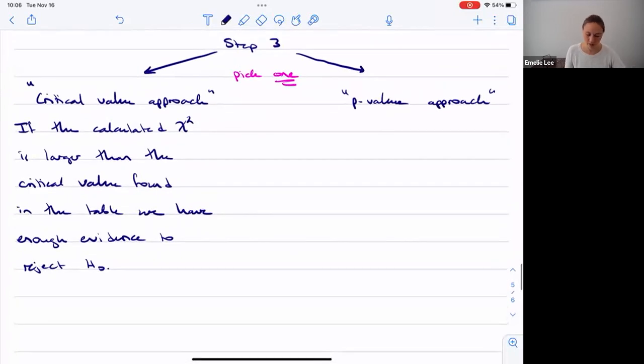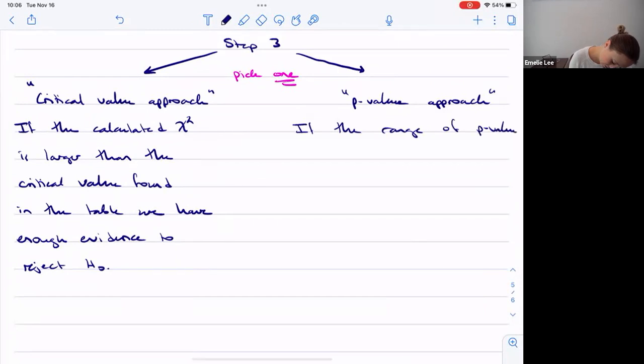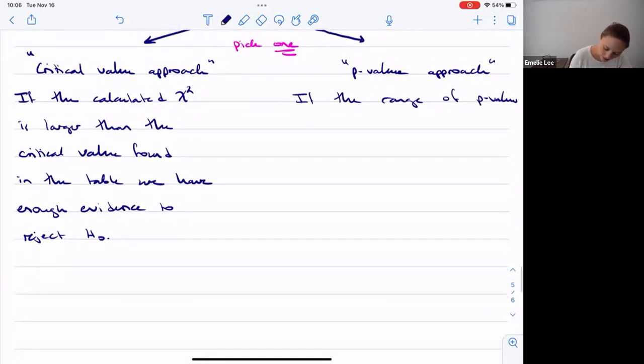Okay. If we're using the p-value approach, then what we're going to have is our calculated chi-squared. It's going to fall between some chi-squareds in the table, right? And then if the range of the p-values is less than the alpha level,